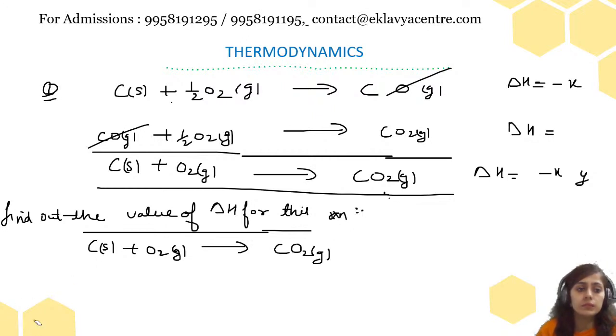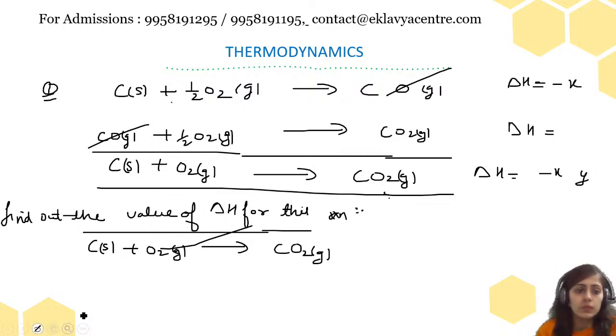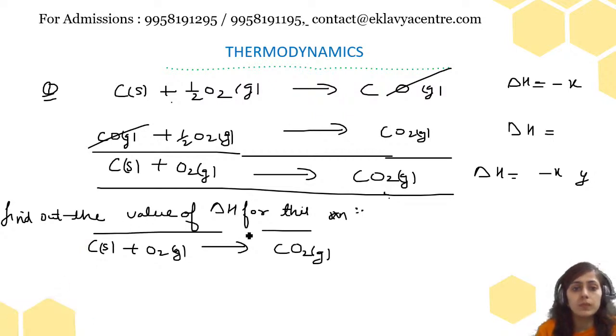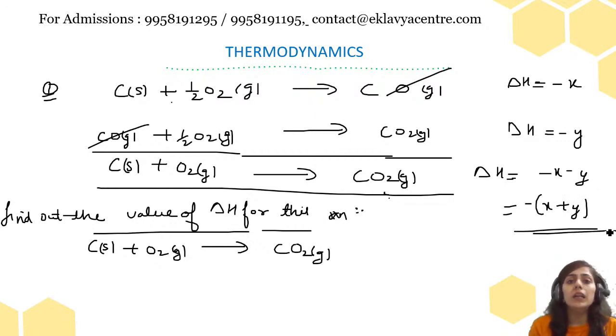Right? Yes, so it will be minus Y. So the value of delta H is minus X plus Y. This is how we calculate the value of delta H. Right? Now, suppose we have another question like,